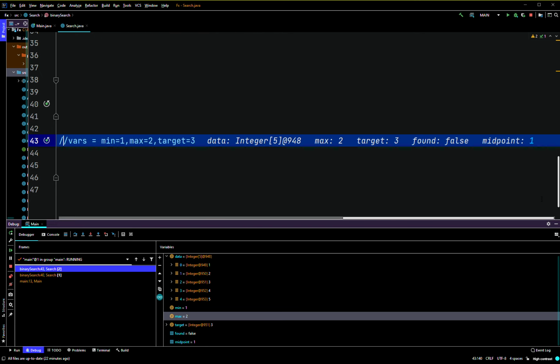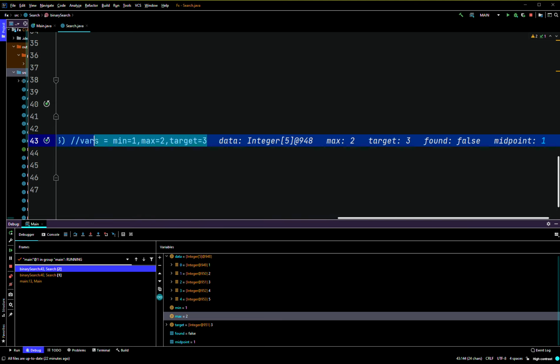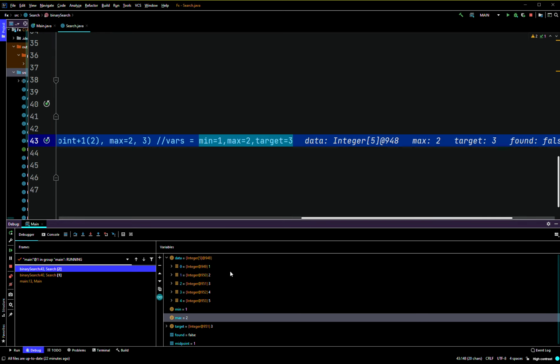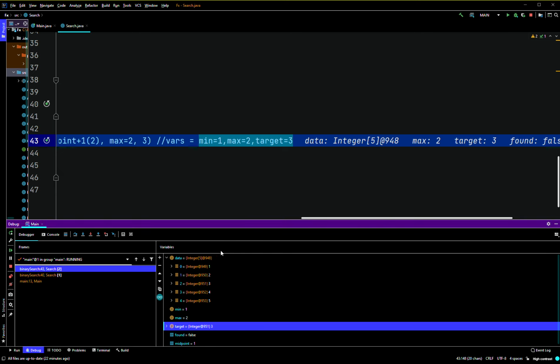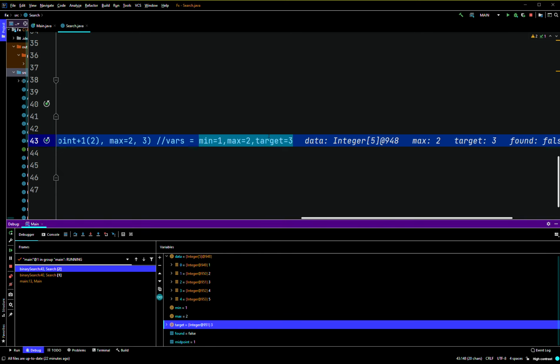Usually I just do it on paper. Perhaps it cuts the time in half, because you don't have to figure out what your variables were at the time. So right now we have our 1, 2, 3, min, max, target, and don't forget midpoint. We'll just put maybe MP for midpoint